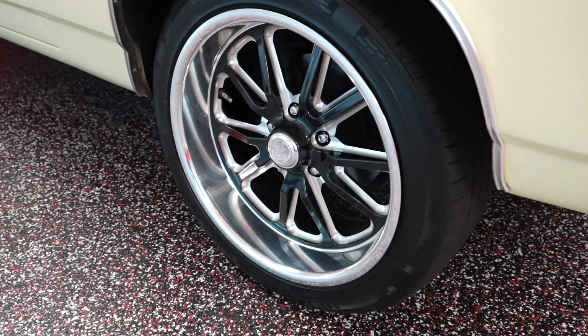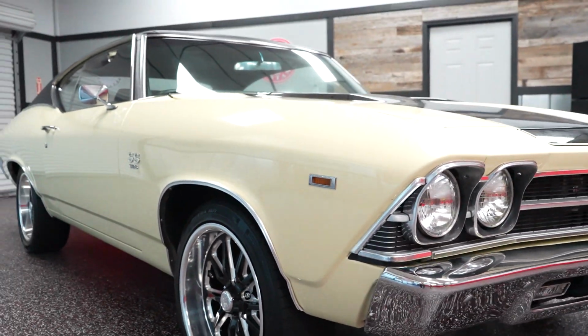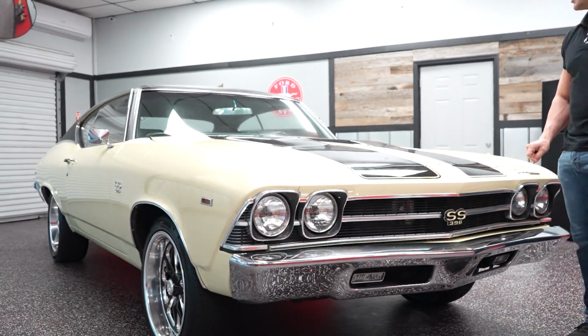I like it. 1969 Chevrolet Chevelle 396, power steering and brakes, automatic. We are going to put the car up in the air and show you the undercarriage here